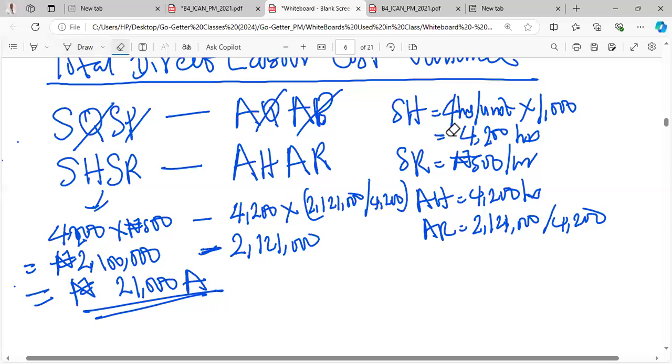We use 4,200 hours. That is the actual labor hours that was used. So we will not take this. We are not going to use this because the question has given us what we are going to use. The standard hours here, the question told us, is 4,200 hours. Okay, if we are to do it this way,